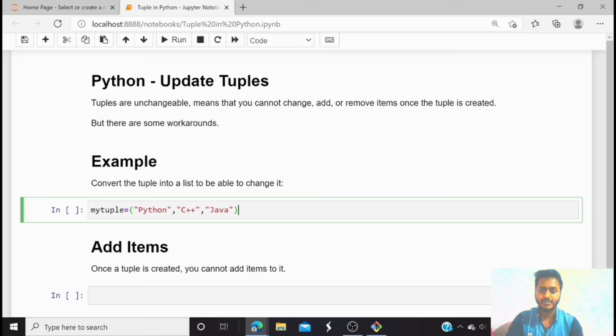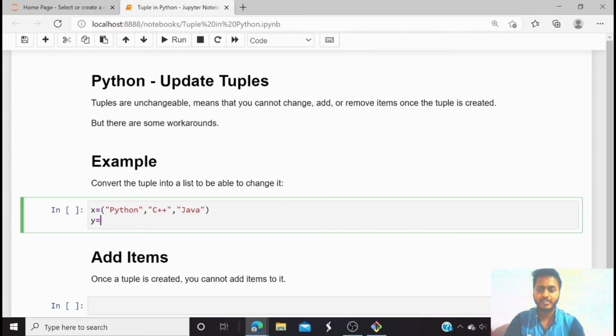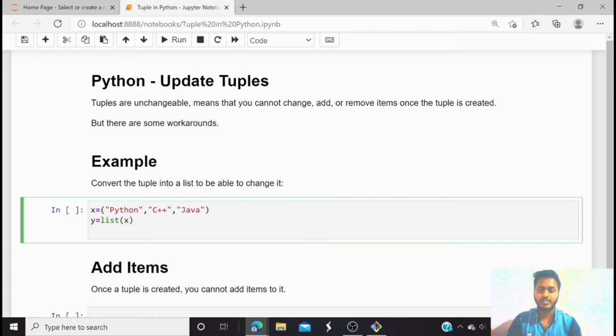So here is the example. Suppose I have X, Python, C++ and Java, which is a tuple. I convert X into a list using the list function, and now the tuple is converted into a list. Now I can change its values.